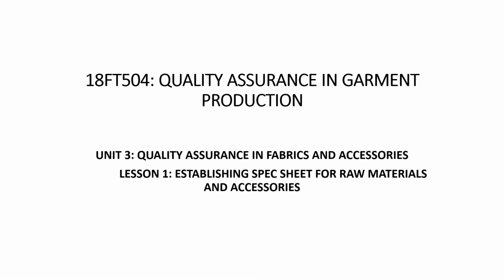Students, we have talked about quality, and we have had the subject earlier also, where we compared quality control and quality assurance, and we have also seen how quality control can be done subjectively and also objectively. So today we will see another very interesting topic, that is the specification sheet of a garment. And what does it talk about? So establishing the specification sheet for raw material and accessories, this is the subject of discussion today,